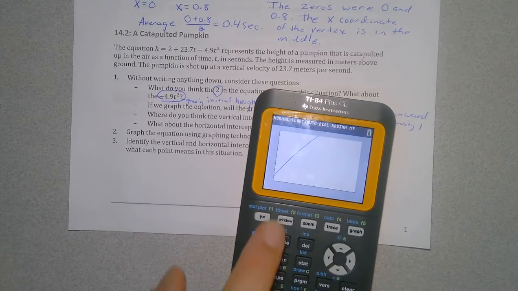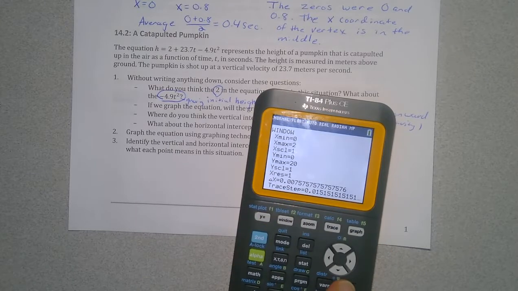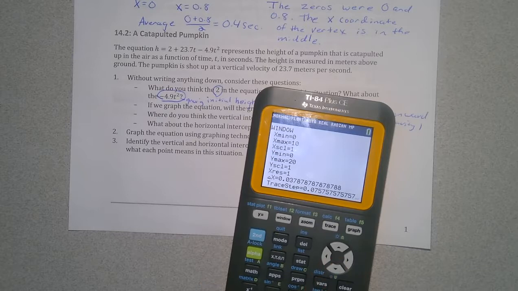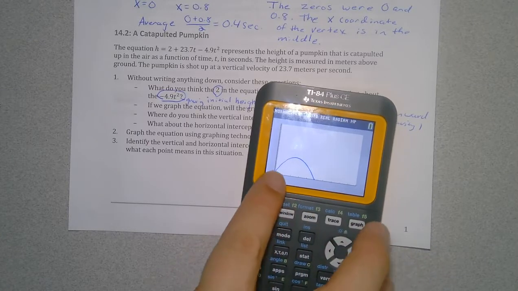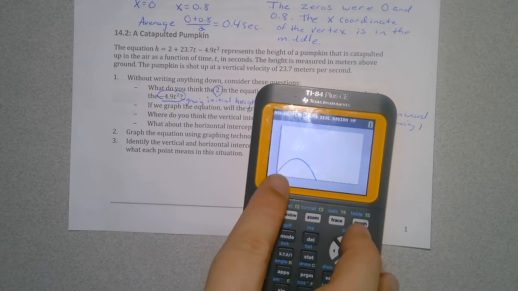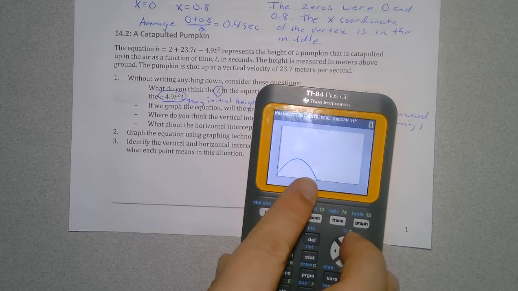Looks like I got to change my window. So I'm going to change my x min or max to 10, and then change the number of feet to like 80. We'll just see if that fits. And that definitely does. So if I look on my x-axis, I can go from 1, 2, 3, 4, 5